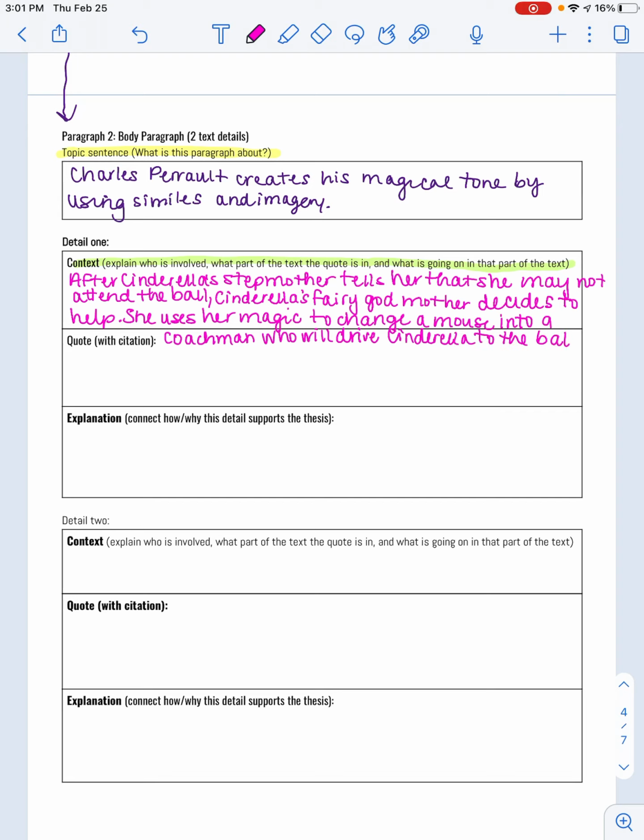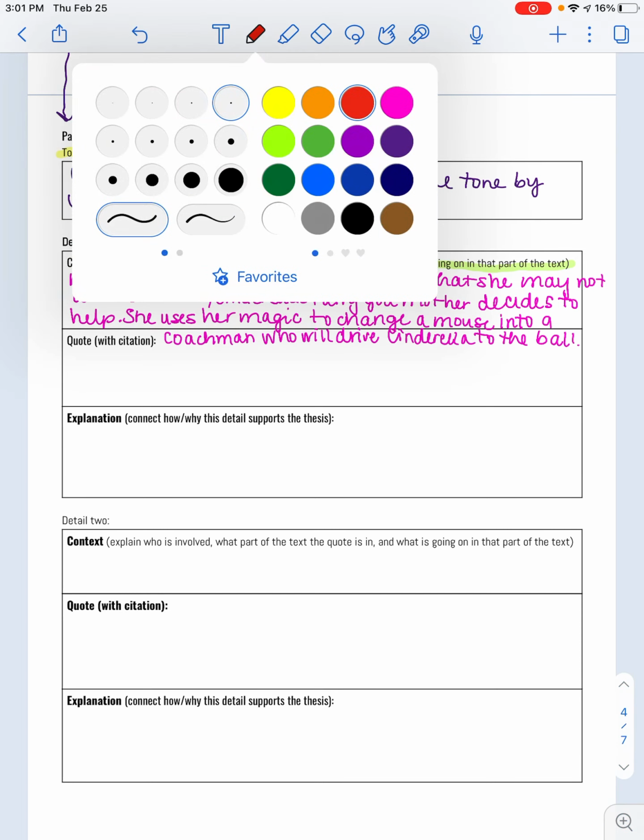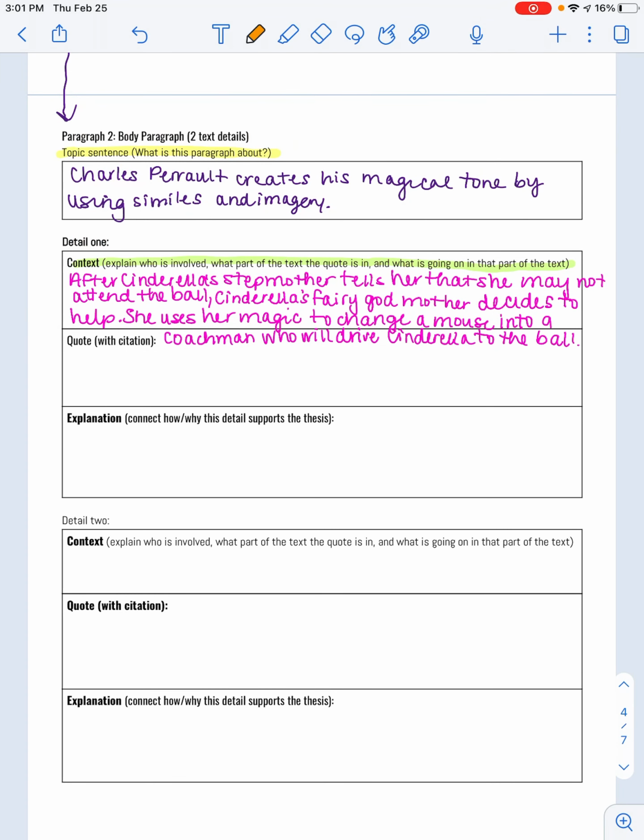If I want to make it a little fancier when I'm actually typing it, I can. Maybe I want to talk about that she goes to the party in a magic coach that's made from a pumpkin, that kind of thing, okay? So basically what I've done here is I've taken you to the point of the story where my quote is coming from. So I'm going to write, at this point in the story,